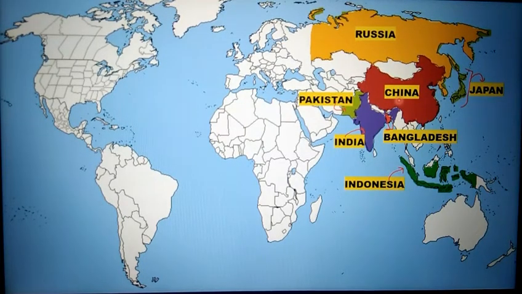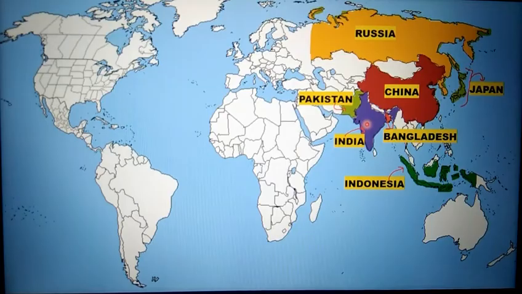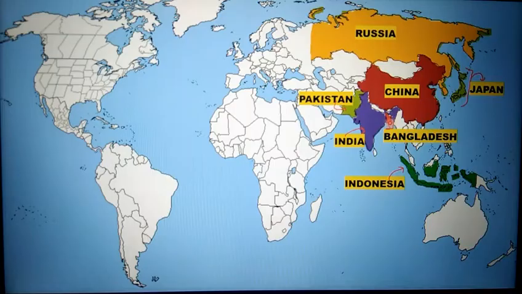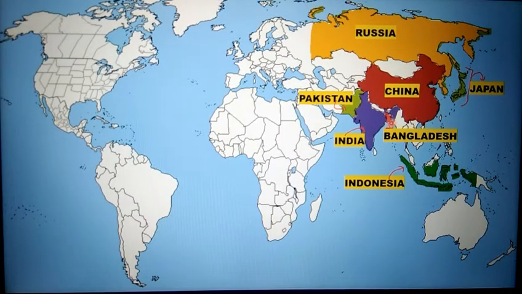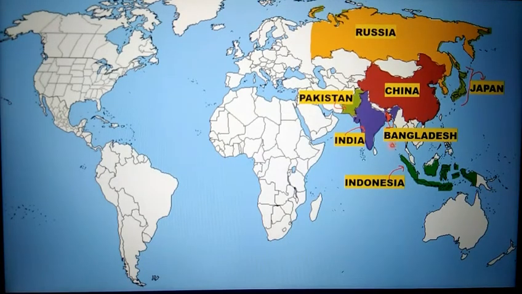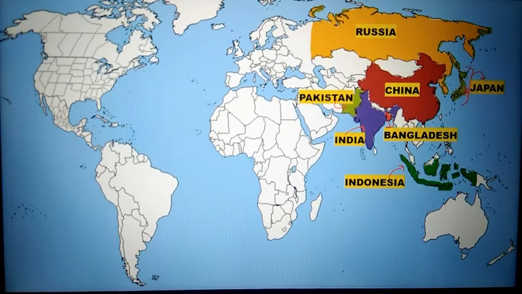Then this red color signifies the area of China, and purple color belongs to our own nation, our mother country, India. I hope you are able to mark both of these countries, right? Then in between this map, you can see a little bit of red color, right? This red color represents which nation? This is Bangladesh. I hope you are filling it along with this video. Then we have the light green portion, which represents the island nation Japan.